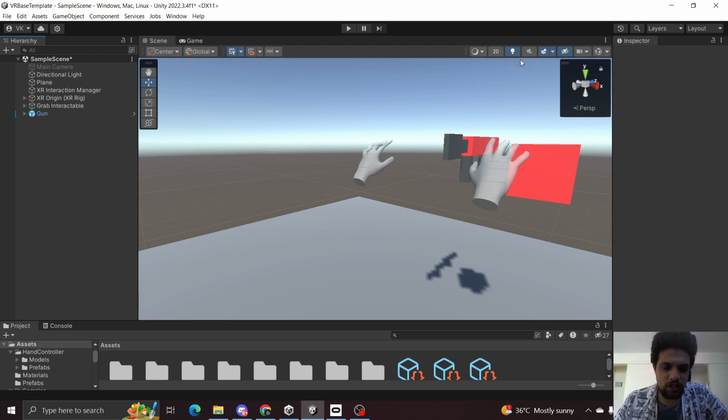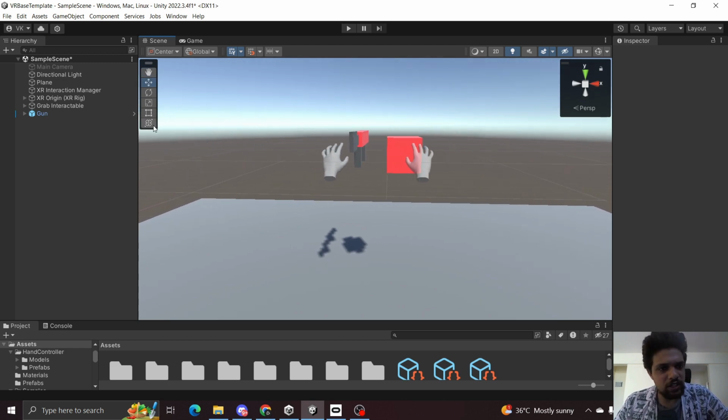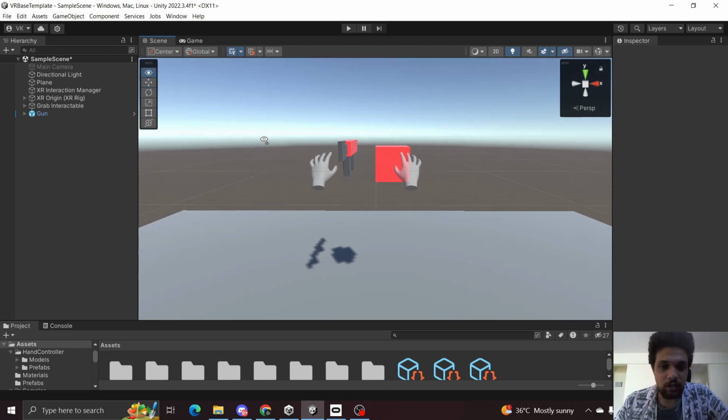And for those of you who are just joining, you can still follow what is happening here as long as you have a XR rig set up. If you haven't set up an XR rig, you can go to part 2 of this series and learn how to set that up. So without wasting too much time, let's get started with setting up our first UI inside